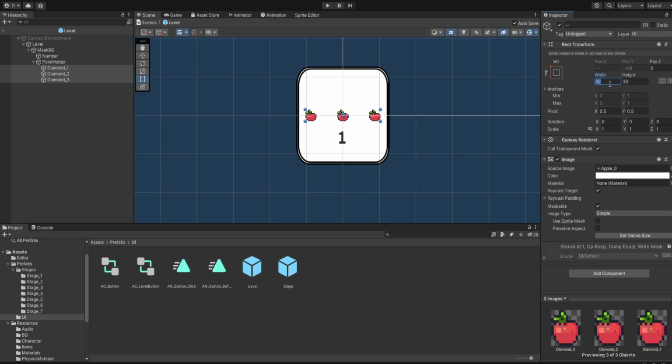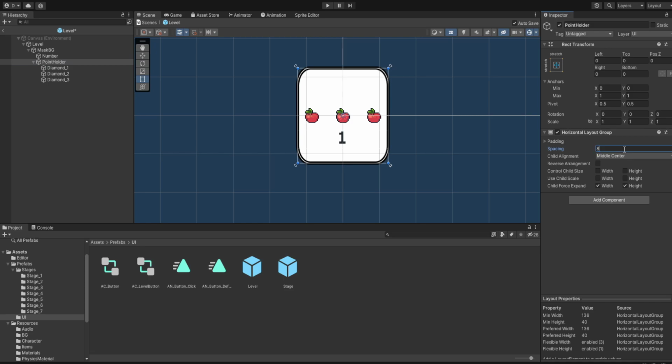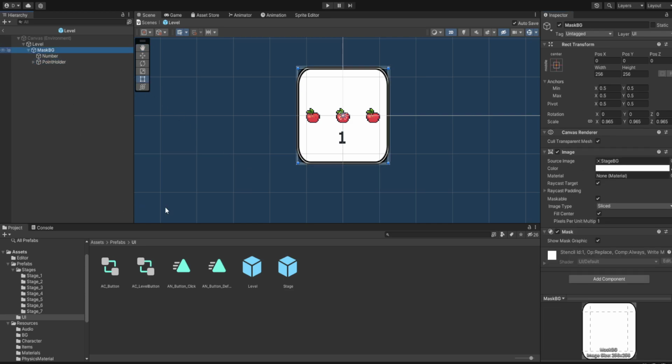32 cross 32 is a little bit higher. 40 cross 40 is the better, and let's set the spacing to 0. Yeah, 0 is also good enough. So that's our points holder, and after that points holder, we are going to need one more image, and this